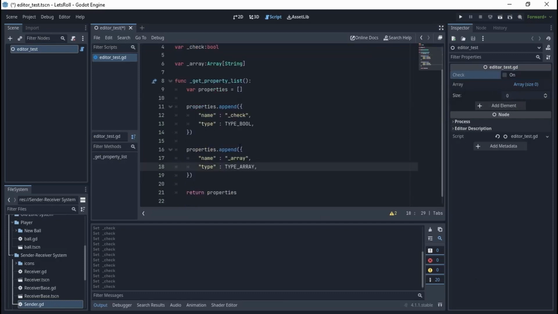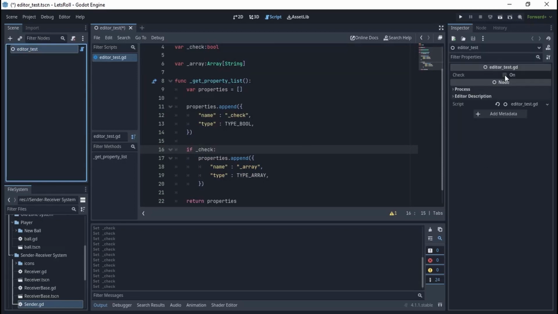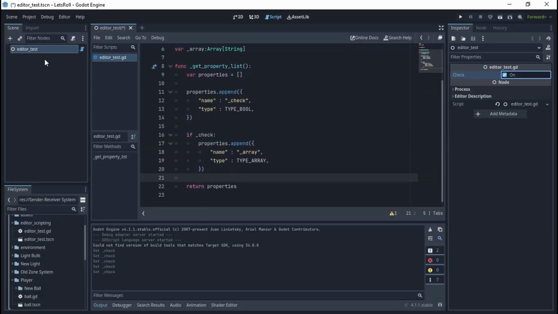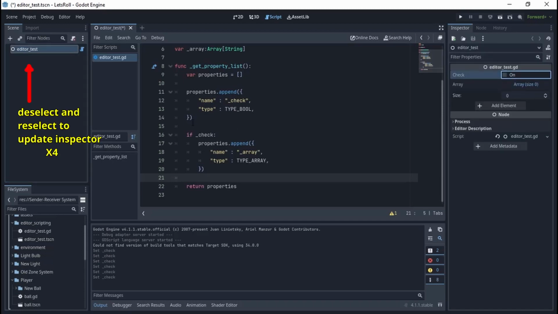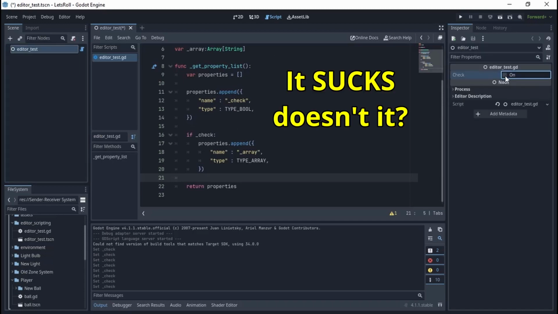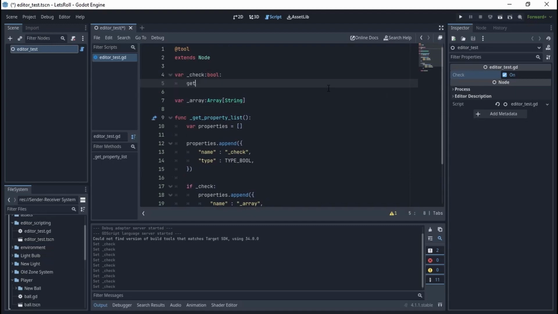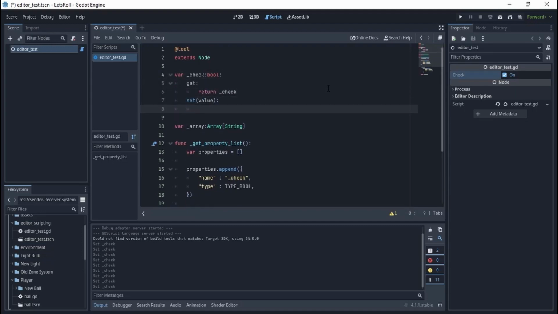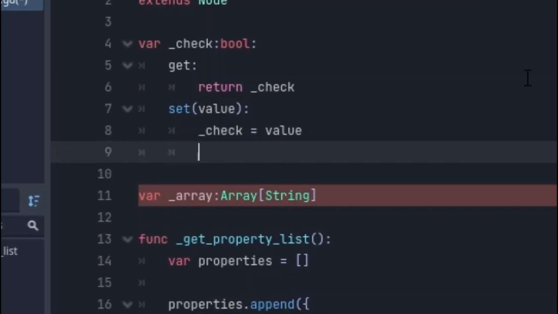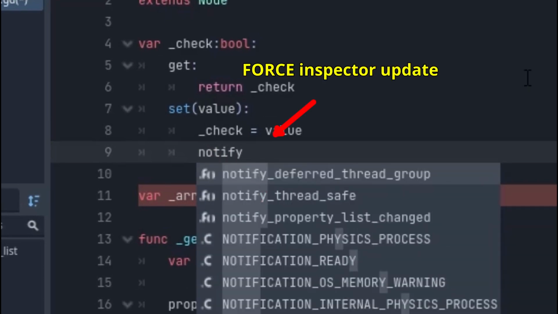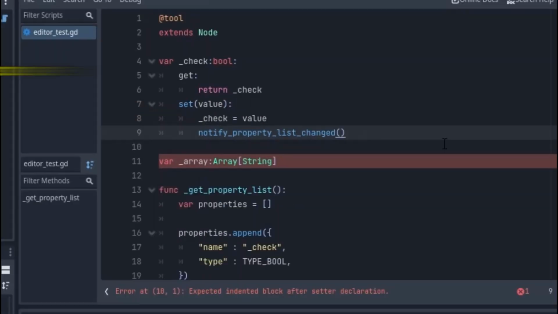The last thing we need is simply to check the value of the boolean and decide whether or not to show the array. It doesn't seem to be working, but it actually is. You just need to deselect and reselect the node to refresh the inspector. And this sucks. The simple solution is to force the inspector to update by using the notifyPropertyListChanged function, which emits the property-list change signal. So let's define a getter and setter, and now it works as soon as we click